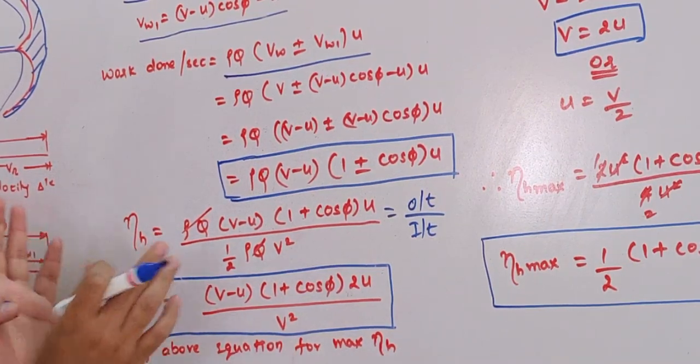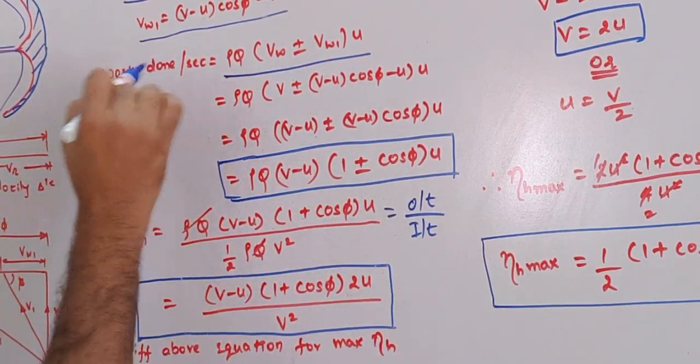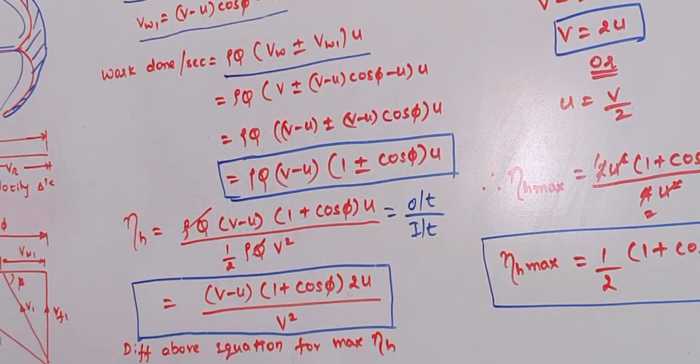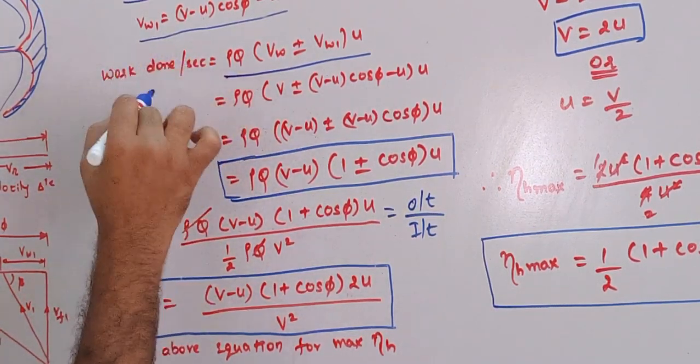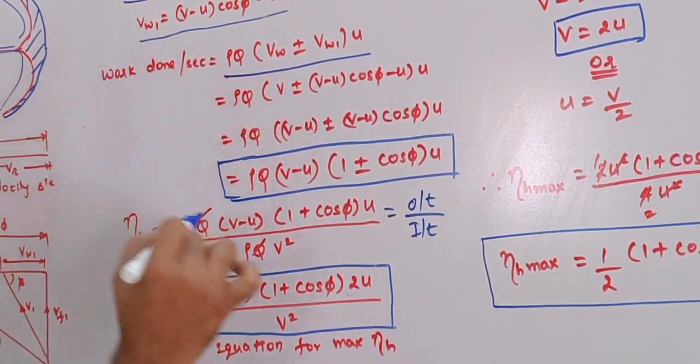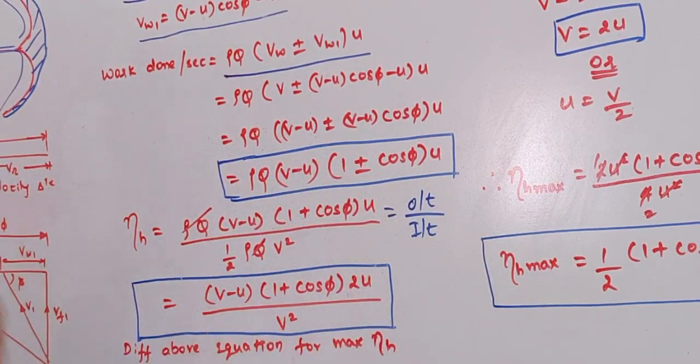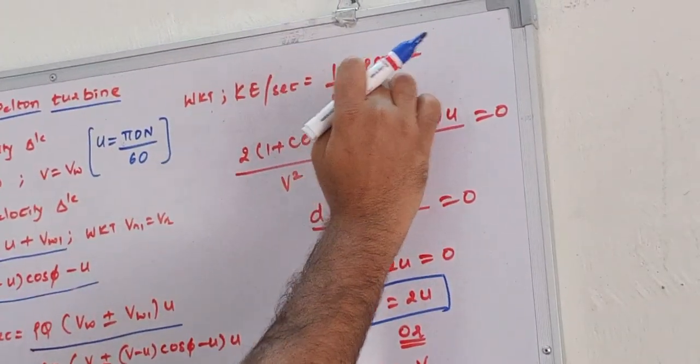So here we will try to understand that work done per second. What is this work done? Work is being done on the runner. There is an amount of mechanical energy which is developed in the runner. So that's why the work done per second is nothing but the work done on the runner. So we know the equation for work done per second, right? Then we will try to identify how much energy is given to the runner, which is the water power. How do we calculate that? It is calculated by kinetic energy per second, which is half rho Q into V square.